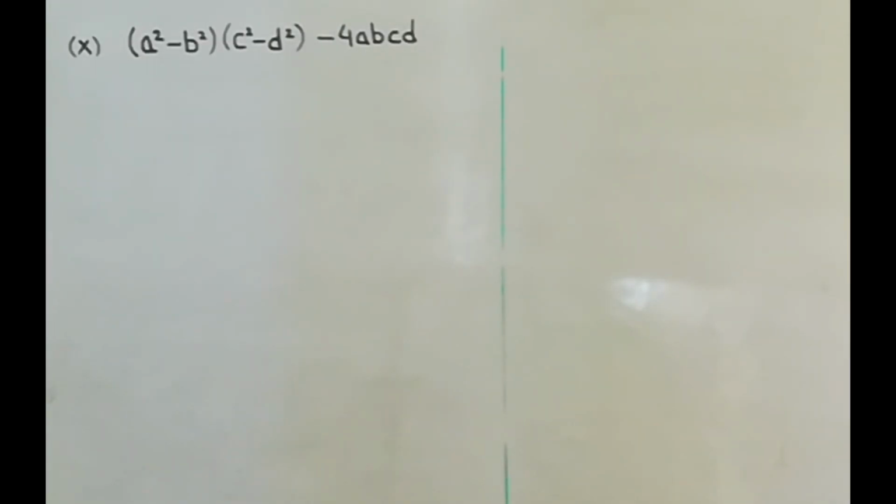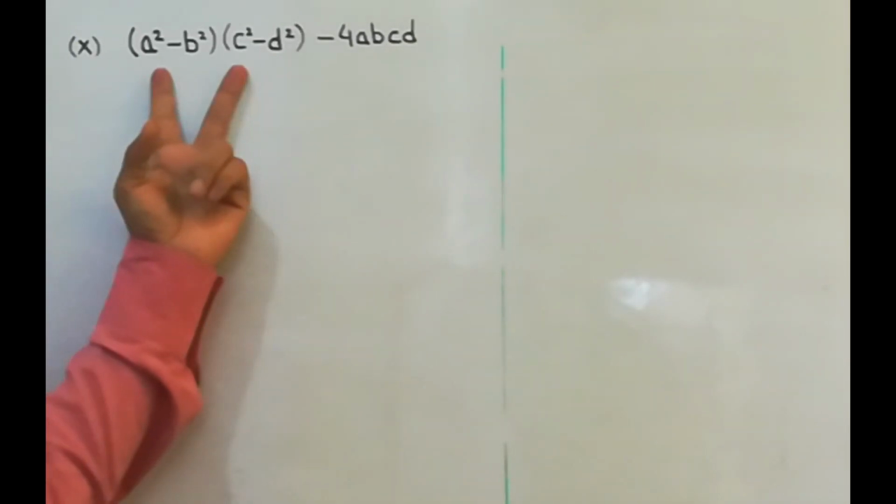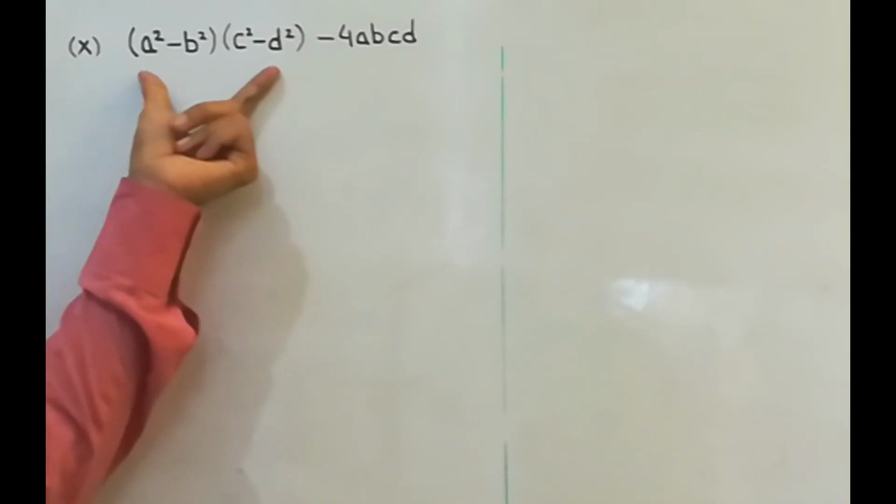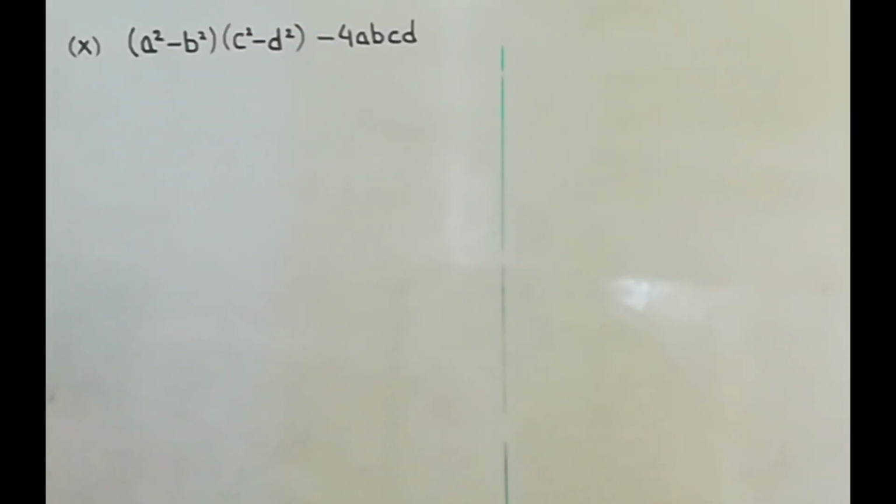Okay, now see question number 10. Here we have two terms. The first term is the multiplication of these two, and the second is this one. As we can see, there are only two terms. We can't take anything common from here, neither can they be converted into squares. So we will simply open the bracket, and after opening it, we will try to make certain groups which may give us a certain formula.